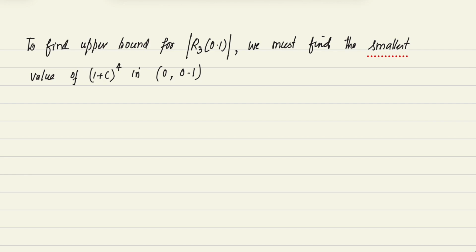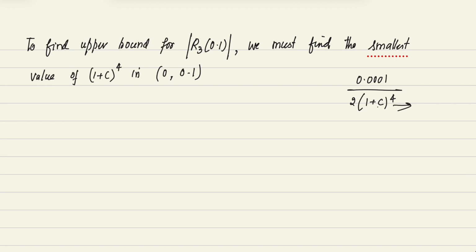Now if we have an expression of the form 0.0001 divided by 2 into 1 plus c power 4, this expression will be maximum provided the denominator is minimum. Therefore we need to evaluate the minimum value of 1 plus c power 4 on the interval 0 to 0.1. Now one obvious thing is that 2 into 1 plus c power 4 is minimum if